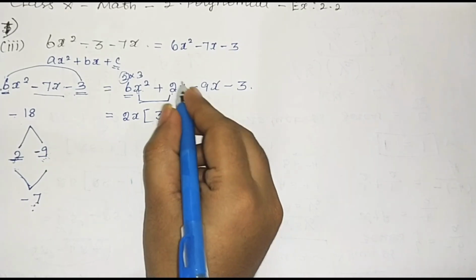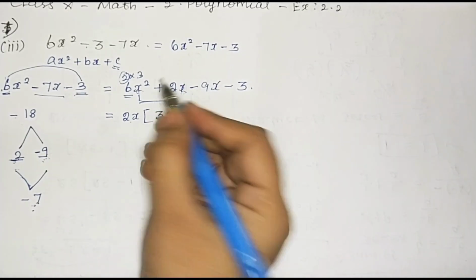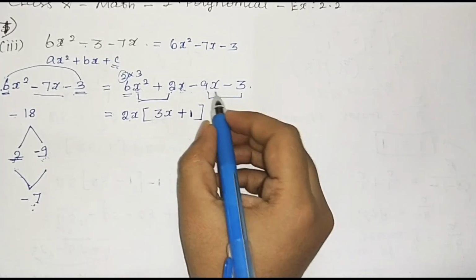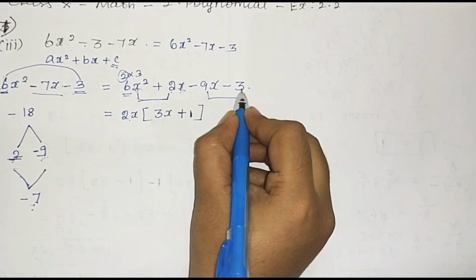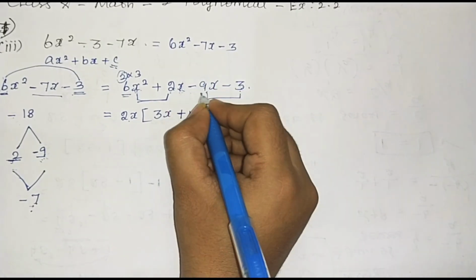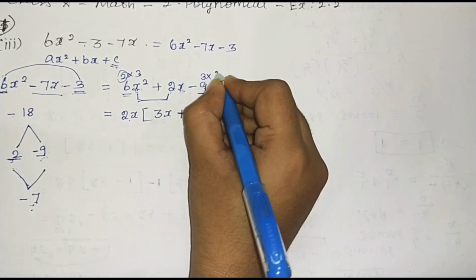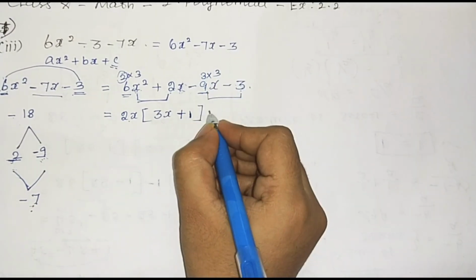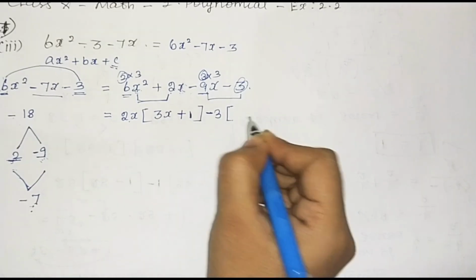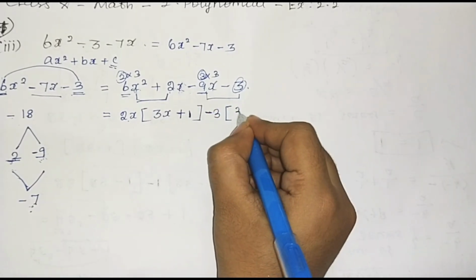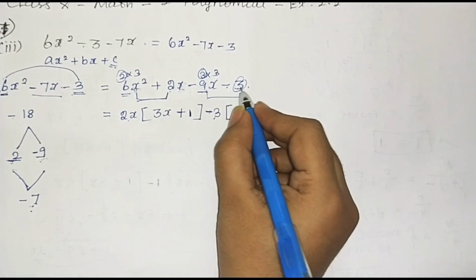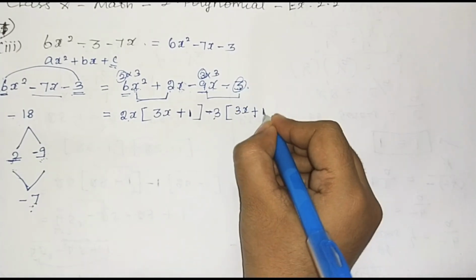Plus, in the second term, you have taken 2x out, now there is no number, so you write 1. In the next two terms, what is common? Here x is there, here x is not there, so x you should not take. But 3 and 9 both are in the 3 table. 9 we can write as 3 threes. And minus is also common. So minus 3 we can take out. Then what remains? 3x. Minus you took out, then you write plus. 3 you took out, there is no number in that term, so you write 1.